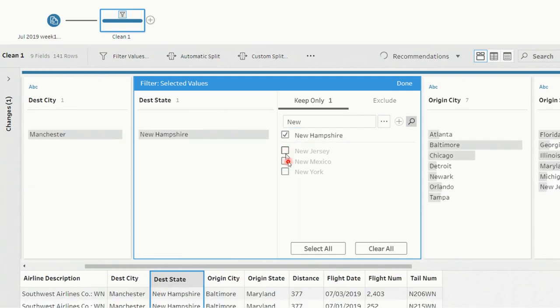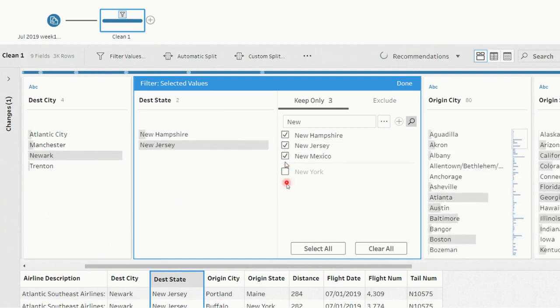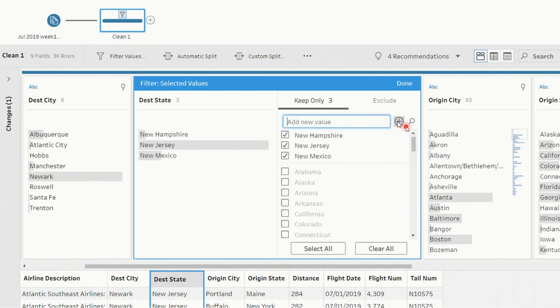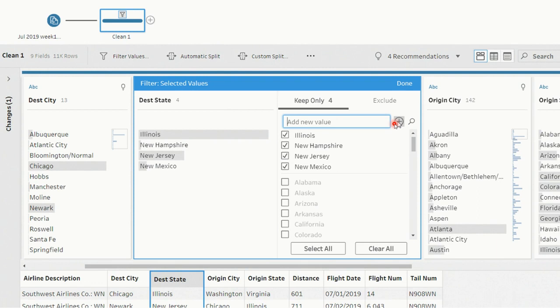Select the string, that is a record from there, and add it. Click the add button and that will be added. That is, if you want to keep only the selected values, this is how you can filter it to keep the selected values.